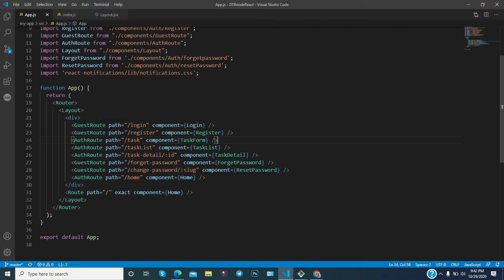You can also notice that forgot password, change password and similar routes are guest routes. Now the auth route means that if the user is logged in, then you show some routes. If the user is logged in, you show the task list and task detail, providing some ID. Based on the ID, you will be able to visit the task detail. So this is the auth route.